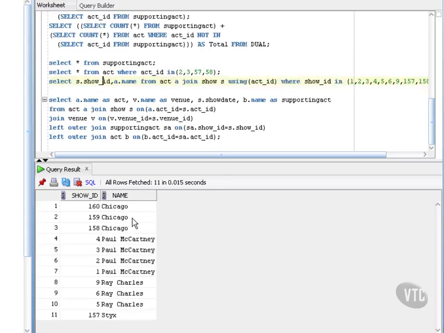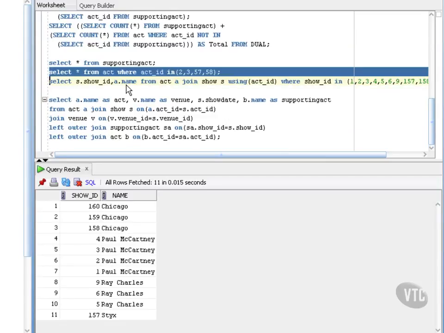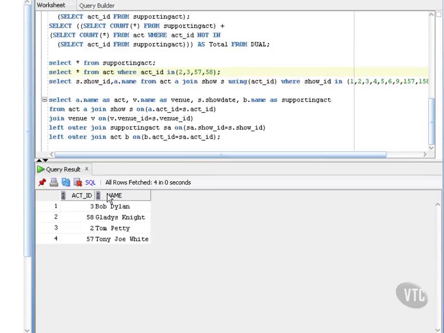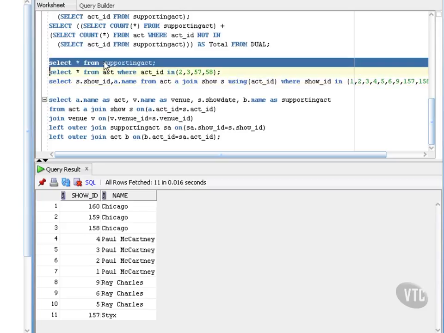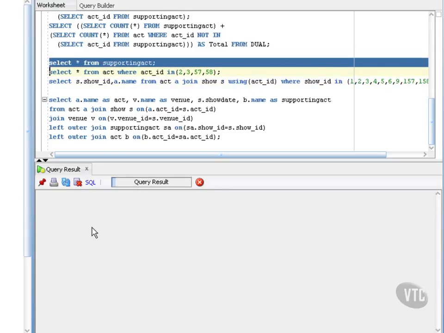And here are the shows that have supporting acts, but I'm not showing those supporting acts. Show ID 160, 59 and 58 are all Chicago. So going back to the acts to find 160, 59 and 58. So the show IDs 160, 59, 58 are all Chicago, 157 is Styx, Ray Charles is 965, Paul McCartney 1 to 4. Going back to the supporting act table, I'm actually going to pull up